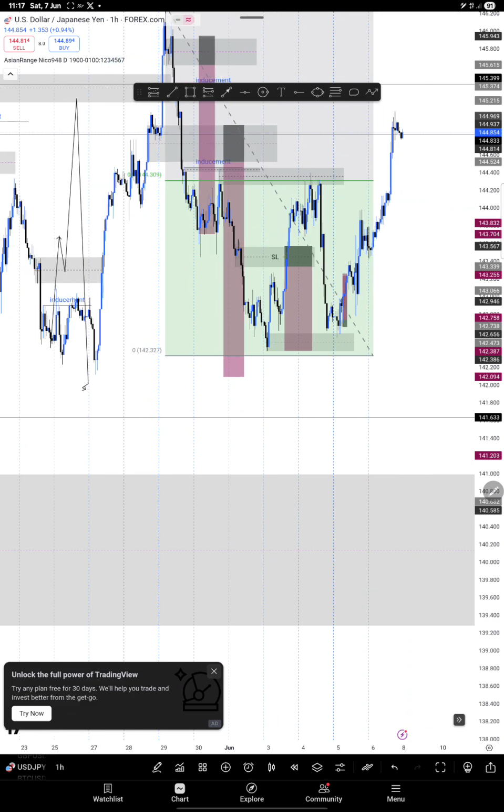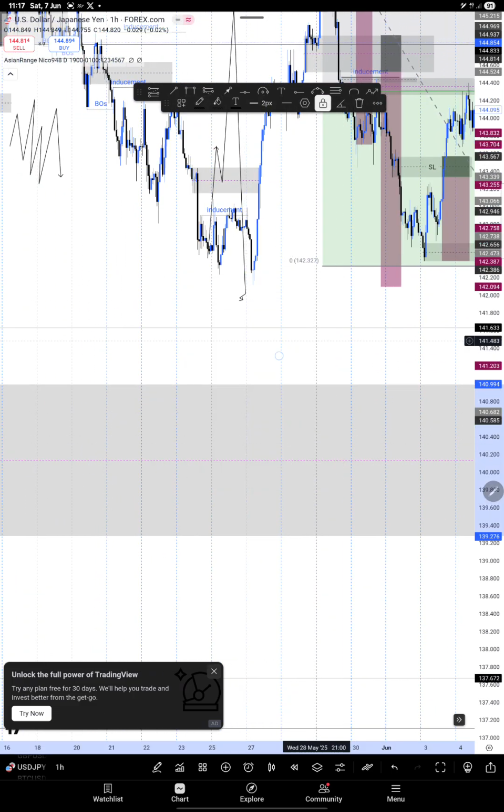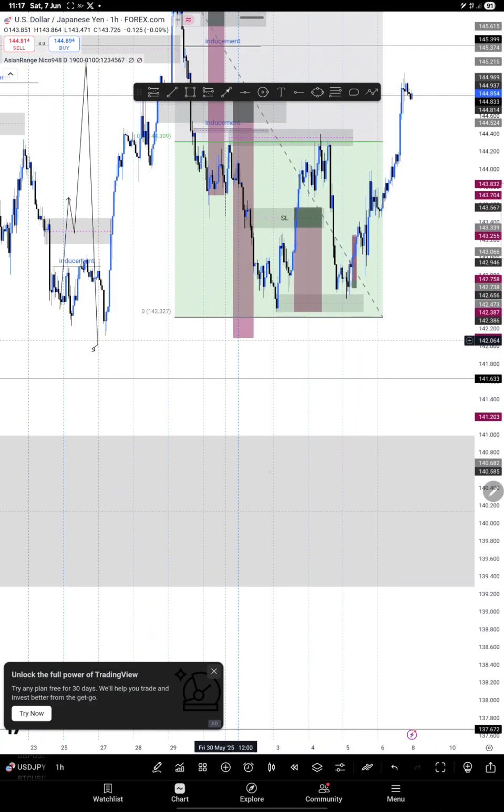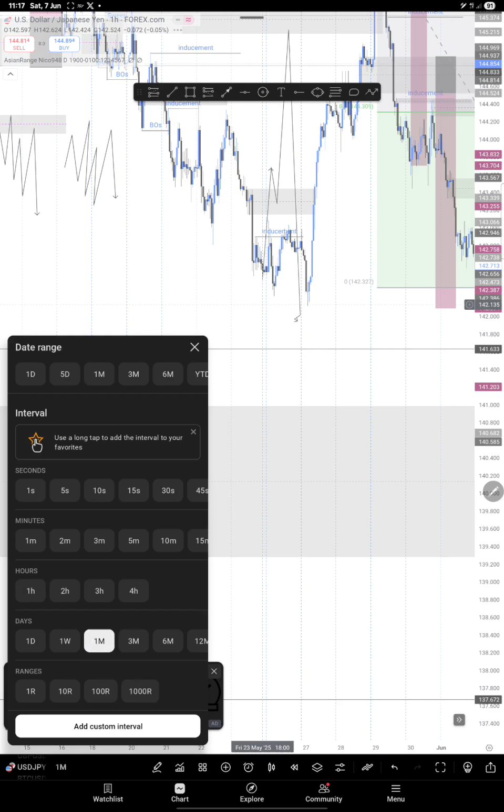But there is a support zone right here. There is support right here. I was thinking that price would come and tap it before pushing up again, because I have the support zone as a directional bias from the 1 week time frame